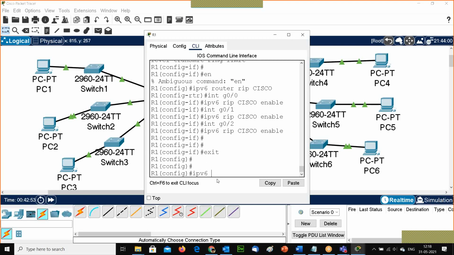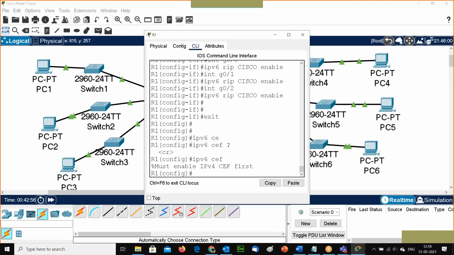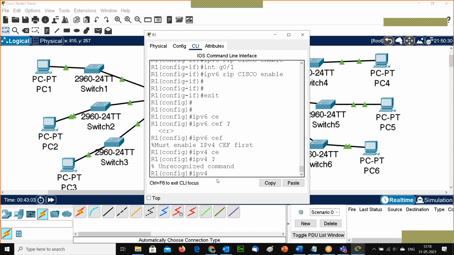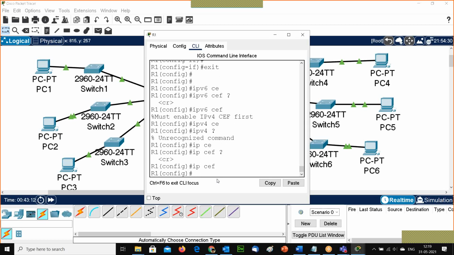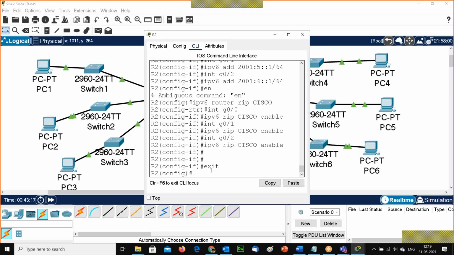IPv6 CEF, or IP CEF. Go and see, Cisco Express Forwarding needs to be there.